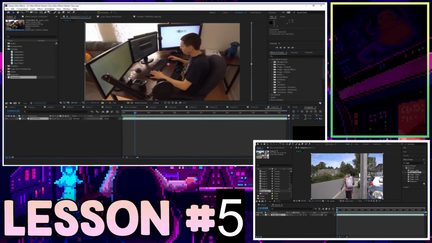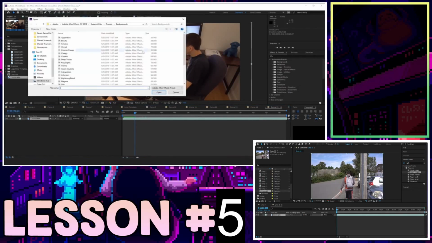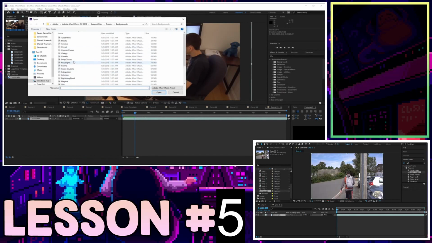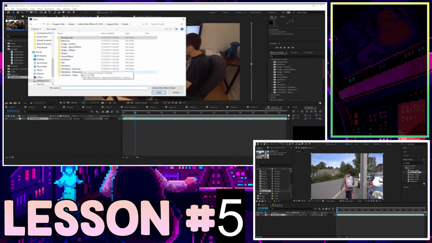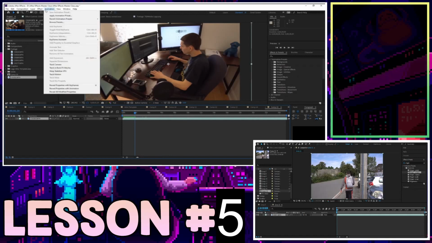Remember, if we were selecting a clip, we could go up here to animation, and then over here to animation preset, and then we were going through our various effect presets and applying them to text and various different objects. It's very useful. Now, instead of going up here to animation and apply animation preset, you can simply go